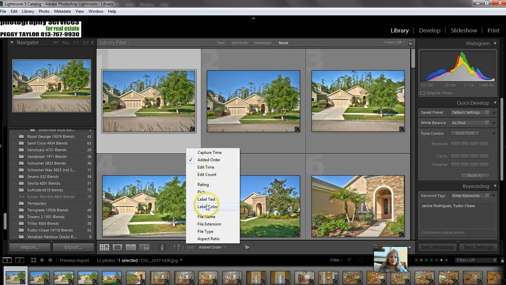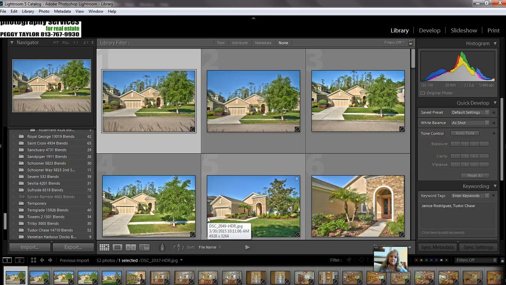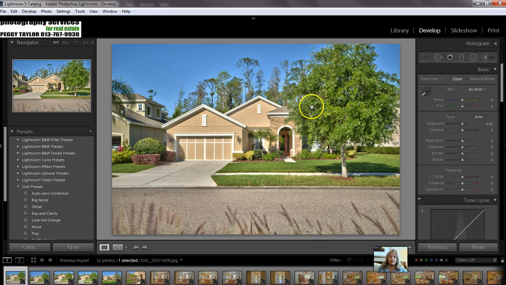I like to actually sort them by file name because then as you edit them, they will stay in order, and the edited image will stay in line with the one that you've done. Alright, now I'm going to go back. You see nothing changes here because I haven't changed the order, but anyway, go back to develop, and here's the